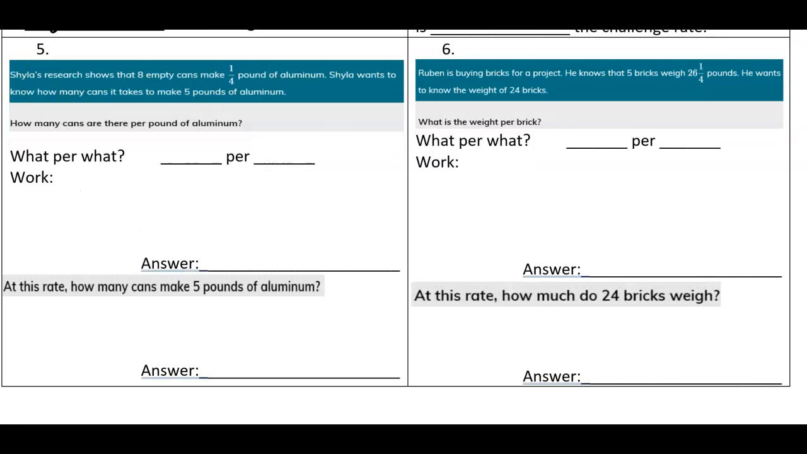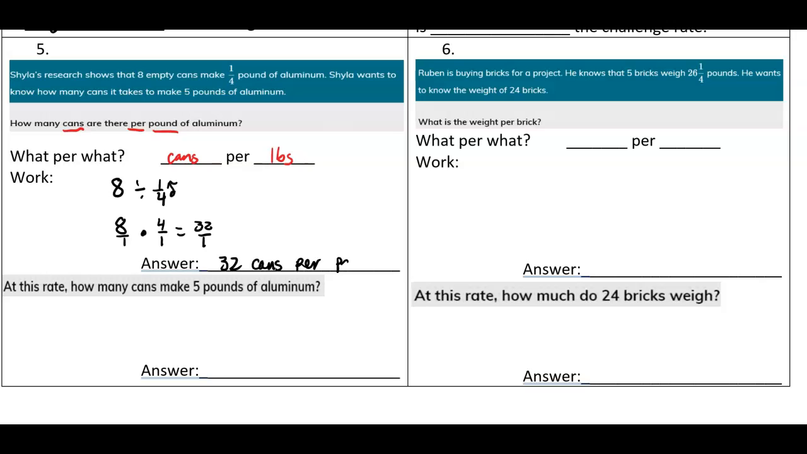Number 5, Shiloh's research shows 8 empty cans make 1/4 pound of aluminum. Shiloh wants to know how many cans it takes to make 5 pounds of aluminum. So how many cans are there per pound of aluminum? So again, it was cans per pound. So cans comes first, then pounds, LBS, comes second. So we're doing 8 empty cans divided by 1/4 pound of aluminum to find our unit rate first. So 8/1 times, we need to flip this second fraction, 4/1. Multiply straight across, you get 32/1. So 32 cans